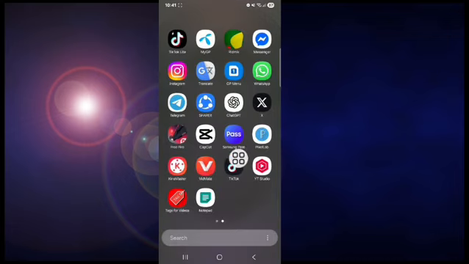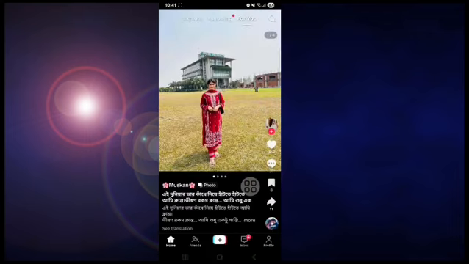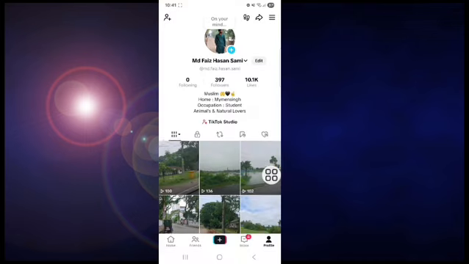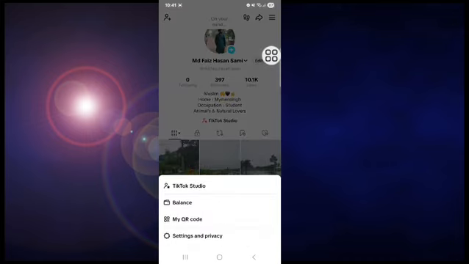First of all, open the TikTok app. After that, go to the profile icon. Next, click on the TikTok three dot icon in the right corner,